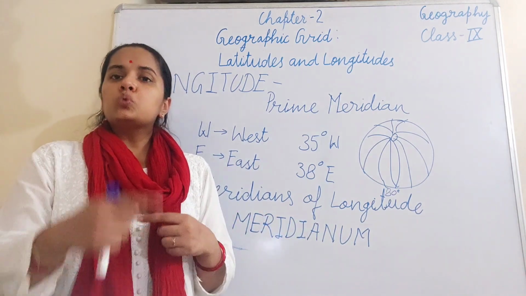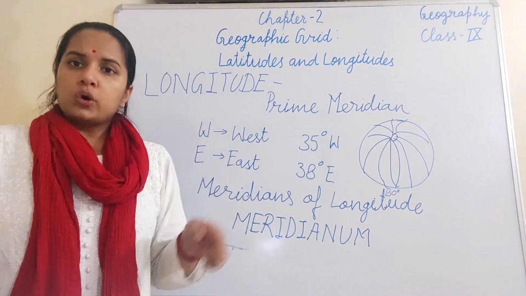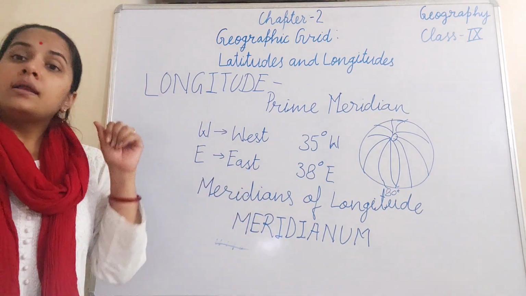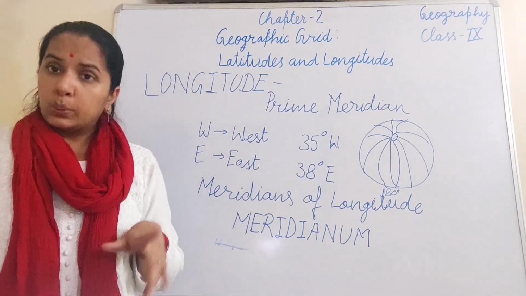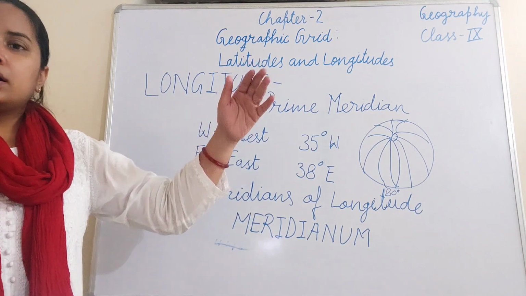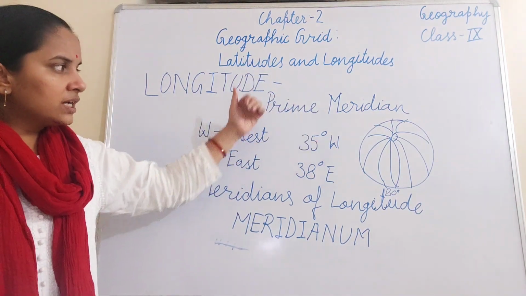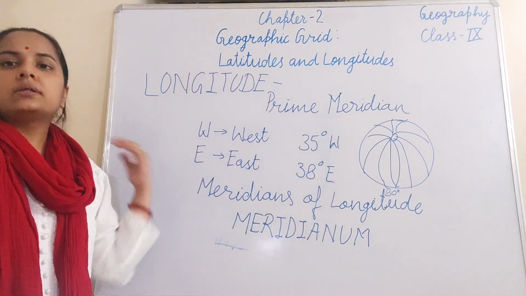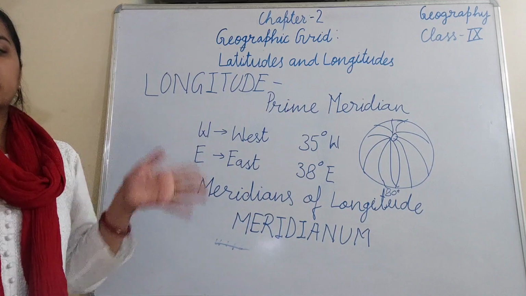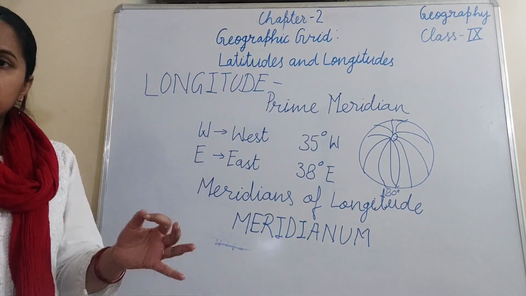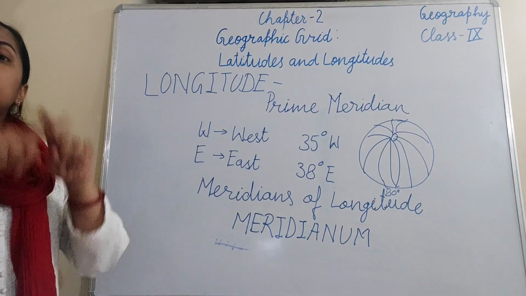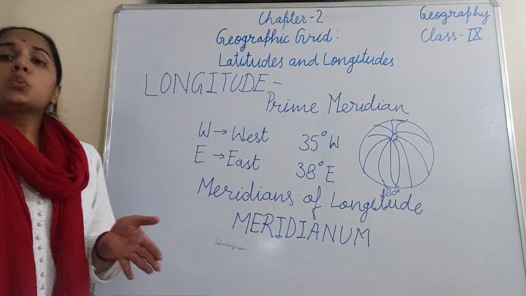And from 0 to 180 degree, when it joins, it makes a complete circle, which is the great circle, like in case of the line of equator. So here all these meridians, when we take it eastward and the westward, are diametrically opposite to the 0 degree longitude. That is why the 0 degree and 180 degree meridian together make the full circle, the complete circle, which is equal